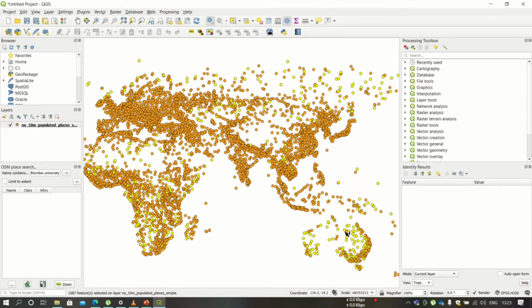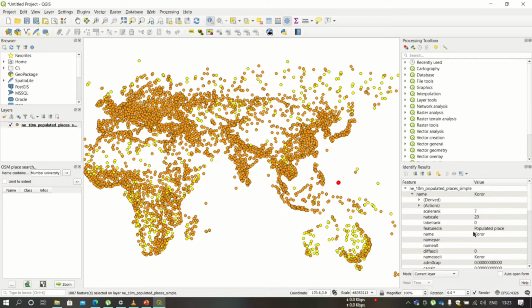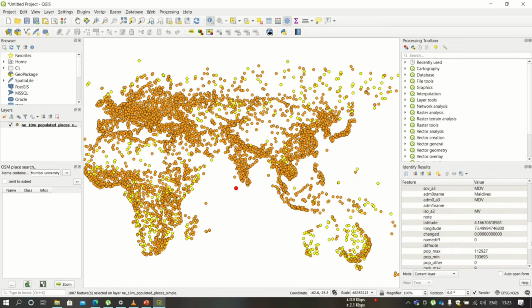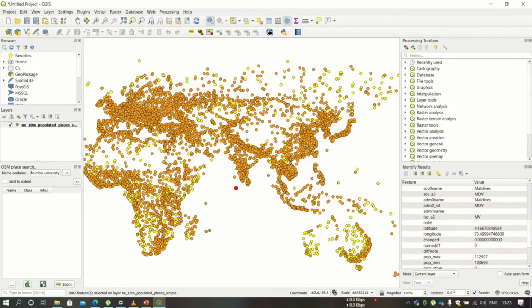Now click on this eye tool, that is the information tool, and select any dot and you can check the information for the population attribute. You will get to see that it is in between the 100 and 10,000. So the values which are not in between 100 to 10,000 will have more values. You can check this here.